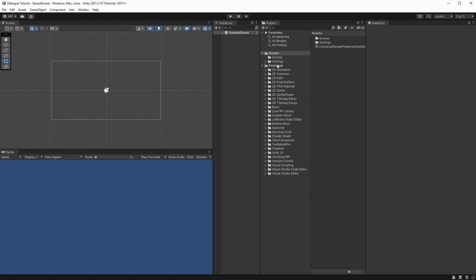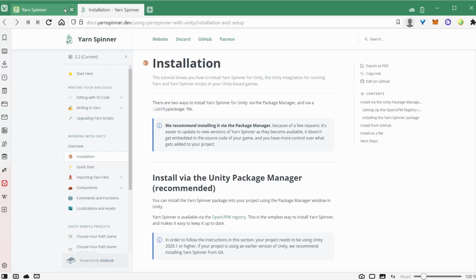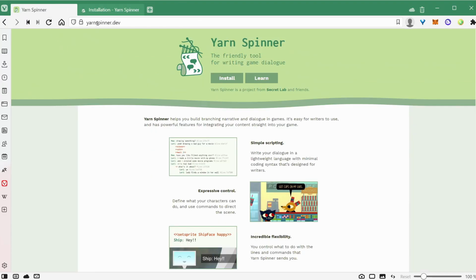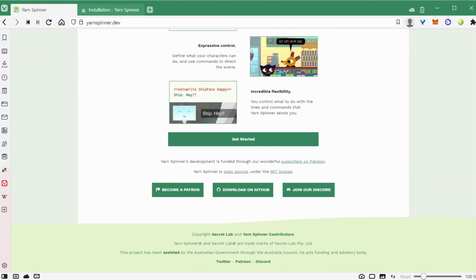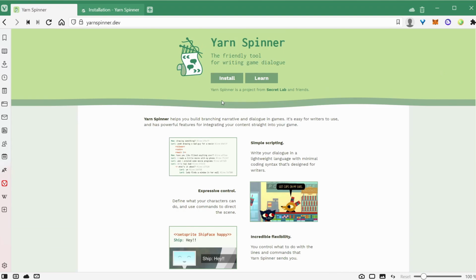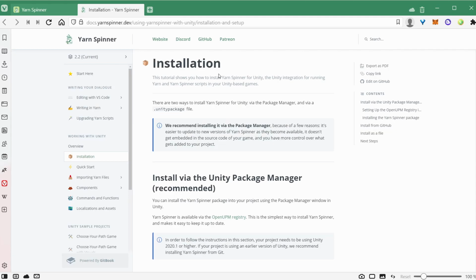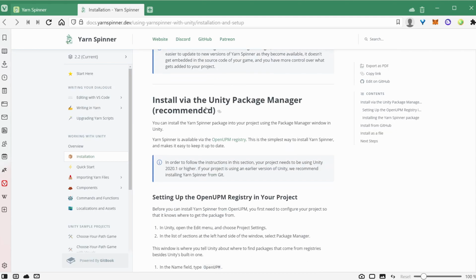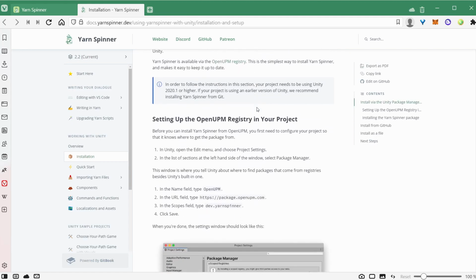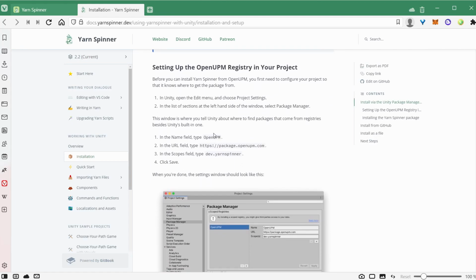into Unity. So if we switch to a browser, and if you go to yarnspinner.dev, you can see that this has an overview of the Yarn Spinner tool. And we want to click on install, and on the installation page we've got the recommended way of installing this, which is via the Unity Package Manager. So if we scroll down a bit here,